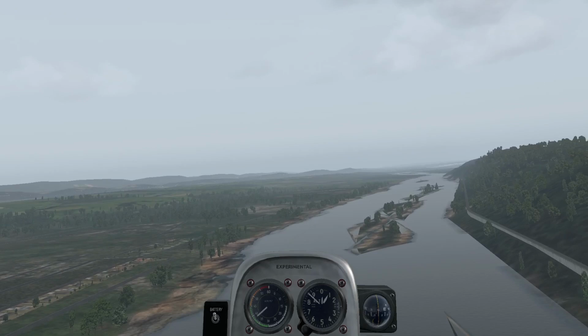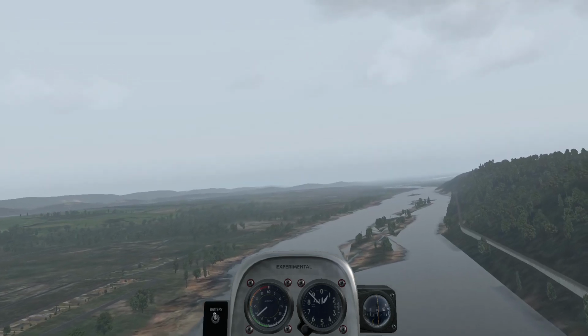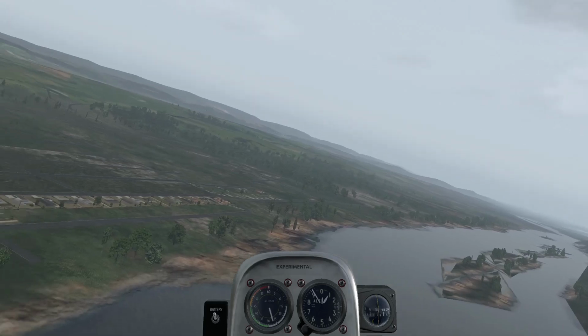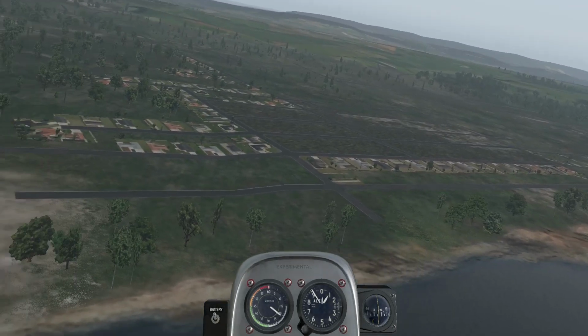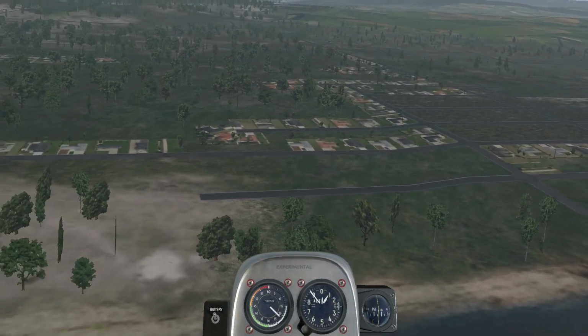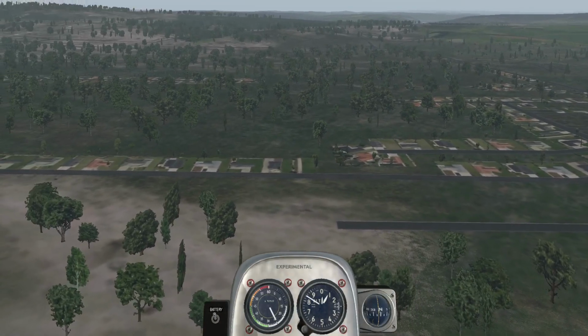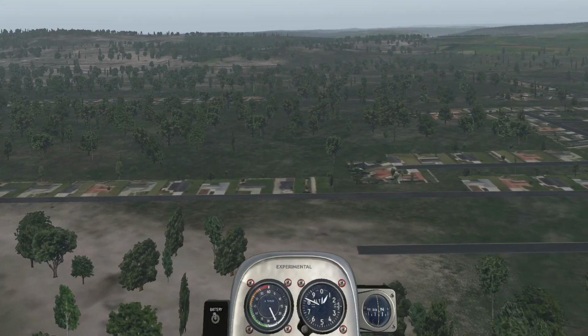Okay, let's try a little power out landing in this Bensen. Now, I'll be honest, I actually don't know what the best glide speed is in this Bensen, and I do know it doesn't glide for nothing. It glides like a set of keys. All right, so I'm shooting for about